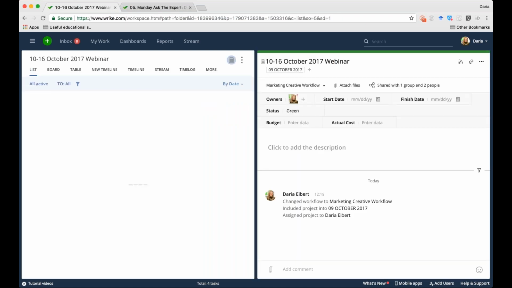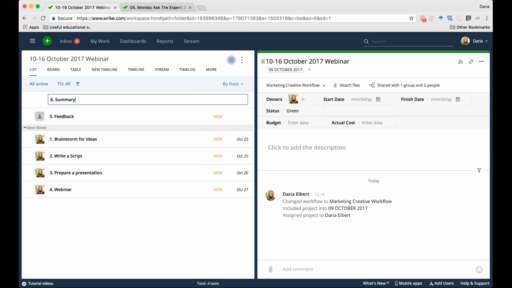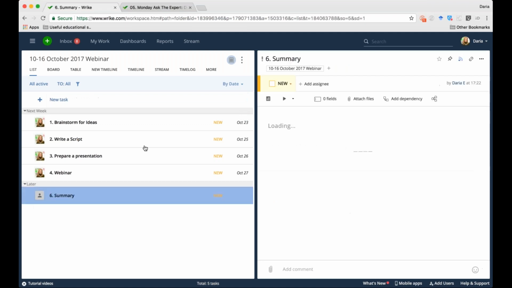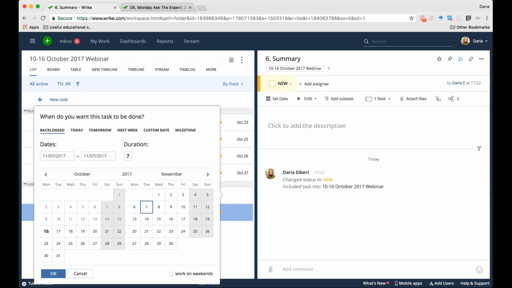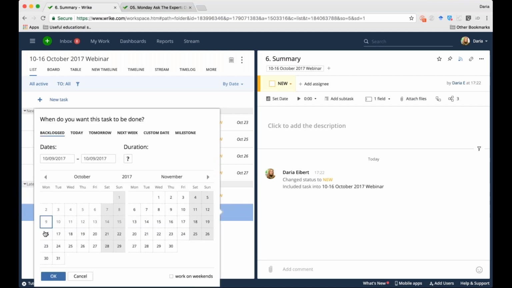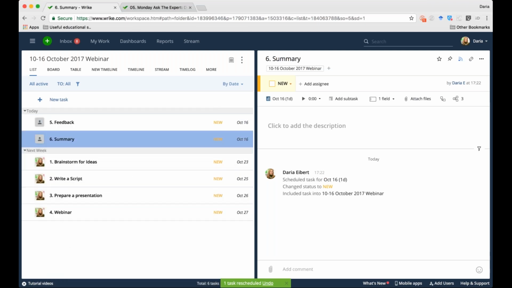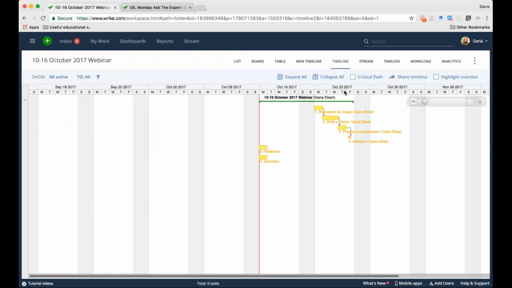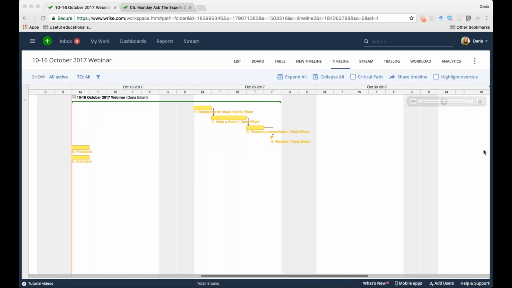Let's say I will create a new task, which would be a feedback task. Feedback and summary. I will schedule them because the key thing about the timeline is, if your task is not scheduled, it will not show up on your timeline, which is logical because the timeline only shows you the real time and how this task really is scheduled. So I will set both for today. And once I switch to the timeline, I can see now,